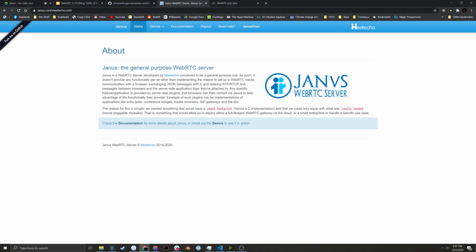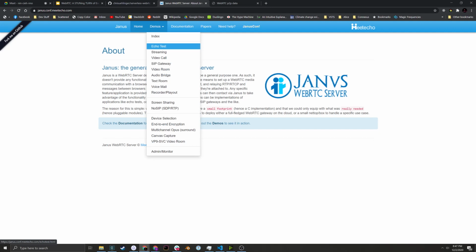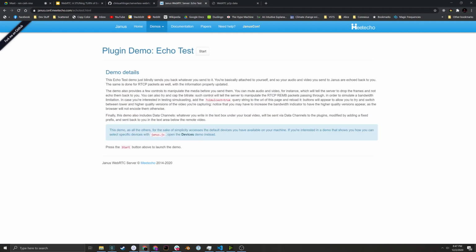Yeah, it's built by a startup called Meetecho, but you can deploy it wherever you want for free using Docker or whatever. You do need to get into DevOps stuff because you're going to need SSL certificate management and other things like that. But if you want to just try this out and see how it works, you can click here on demos and go to Echo Test, hit start,